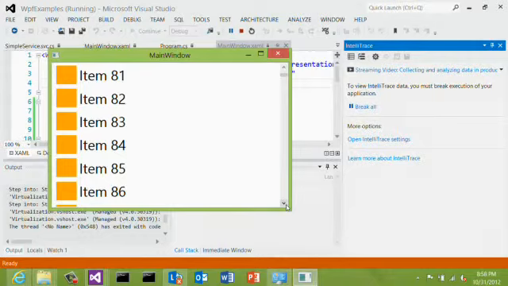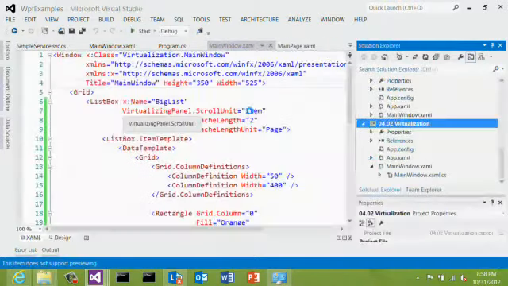You wouldn't want to do that without virtualization, right? A great example of this is if you've ever built a font drop-down inside your apps, you have to virtualize that just because of how long it takes to load all those different fonts in there. All right, so now if I change this to pixel,